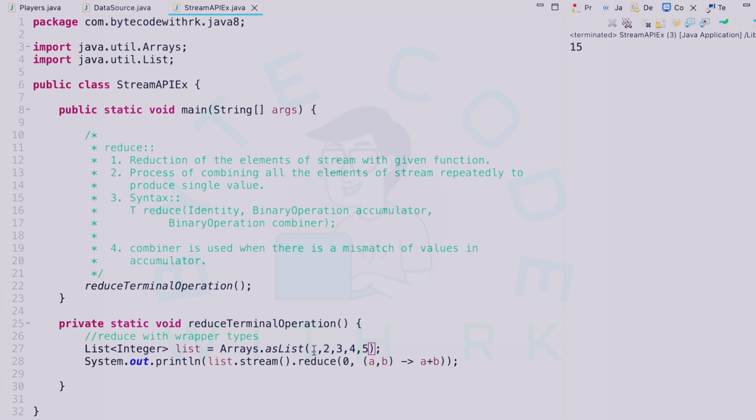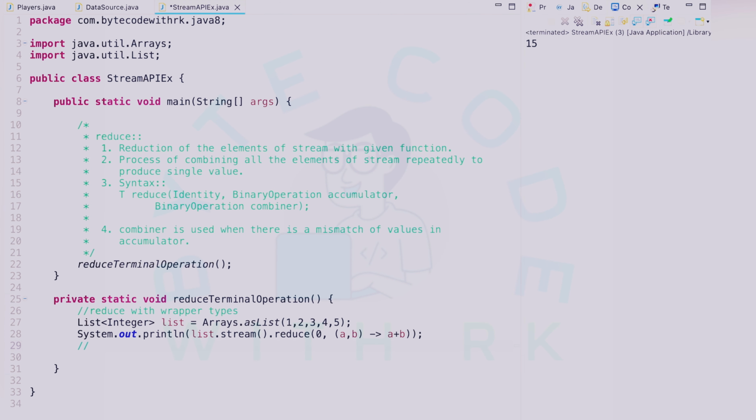Okay, so initially it will take 1 and 2 as the a and b. Okay, a is 1 and b is 2. So after initially taking 1 and 2, it will do the sum: 1 plus 2, which gives 3. So now the value in a is 3. The result of this accumulation will be stored in a, and then the next element in the list is the third one, because we have already taken 1 and 2 in the first step. Now we are taking only one element, that is 3